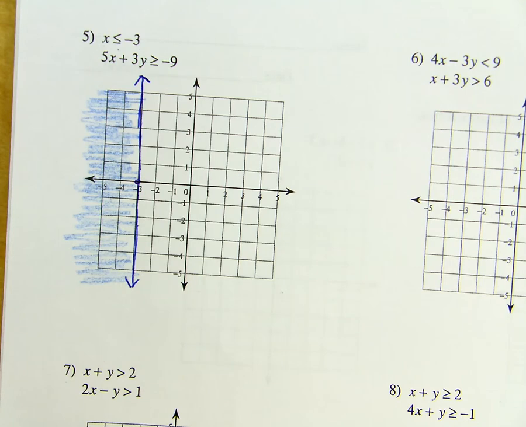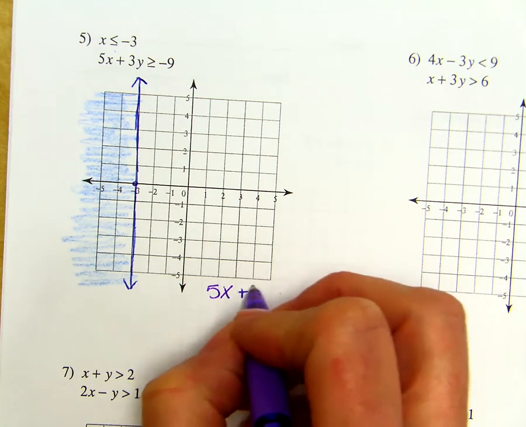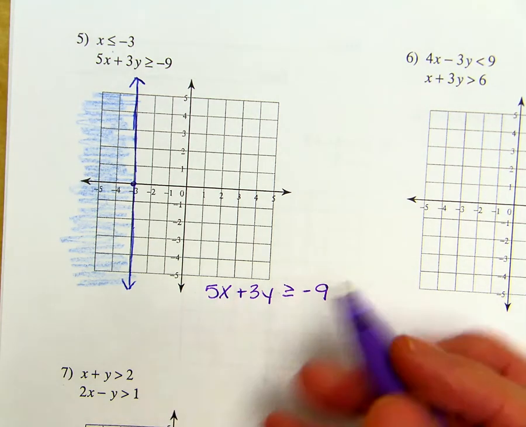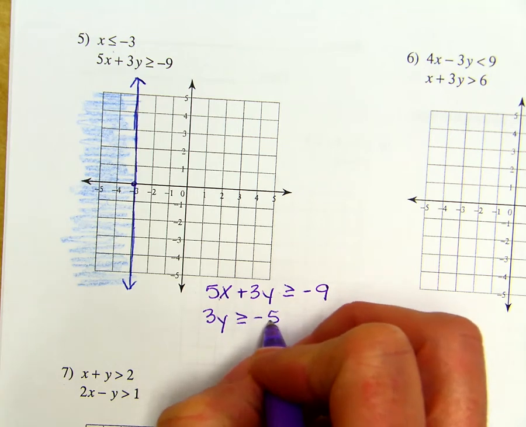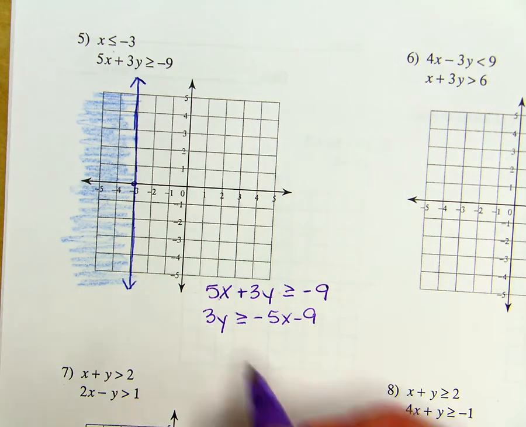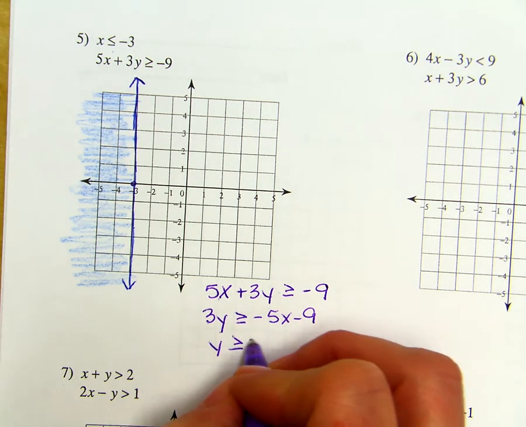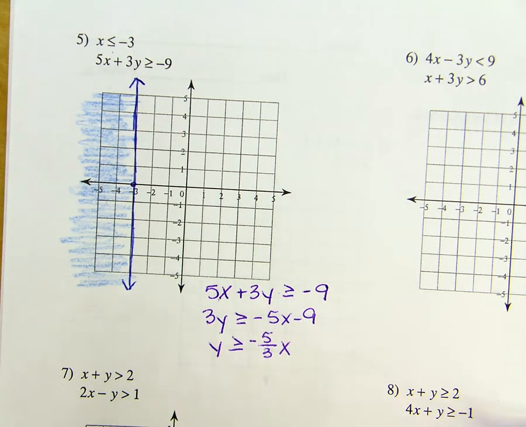For the second inequality, we have 5x plus 3y is greater than or equal to -9. And so what we will be doing here is solving for y. So underneath, go ahead and take the inequality and solve it for y. First thing, we get rid of the x term, so I'm going to subtract 5x from both sides. And then the next step is to divide everything by 3. Since I'm dividing by a positive, the inequality sign stays the same. I'm going to have a slope of -5/3, and 9 divided by 3 is 3, so we have a y-intercept